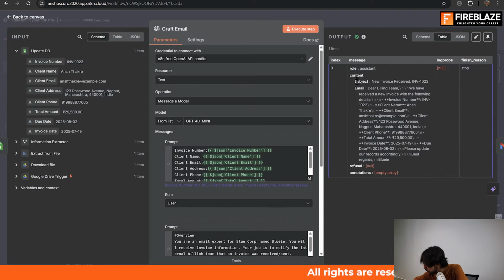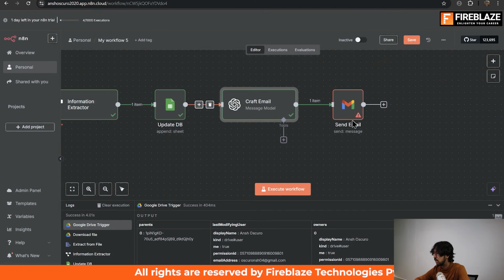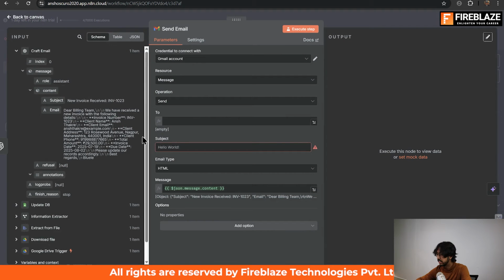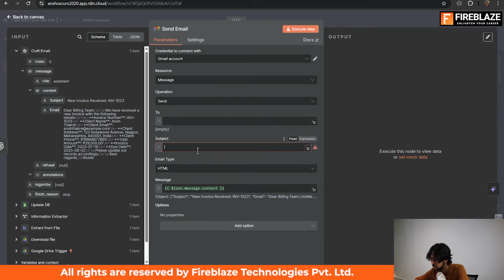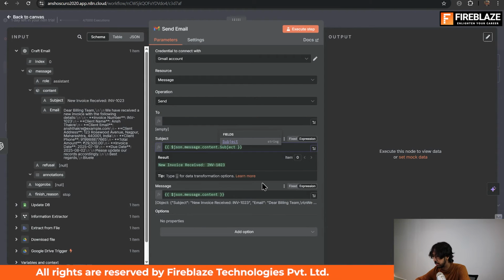Yep, so now you can see the difference in the formatting and the details. Like in the content, we have subject as a separate JSON entity, and the email as a separate entity. So this way we can easily drag and drop the subject into the subject parameter,